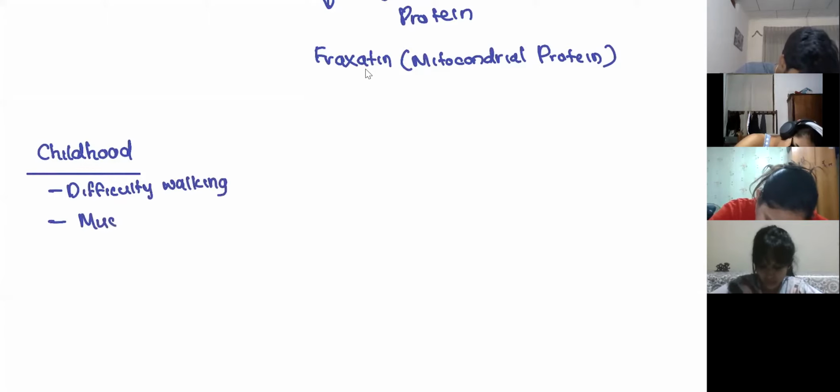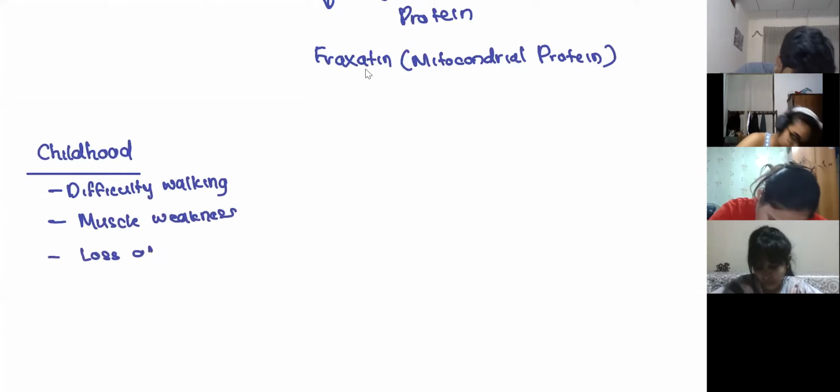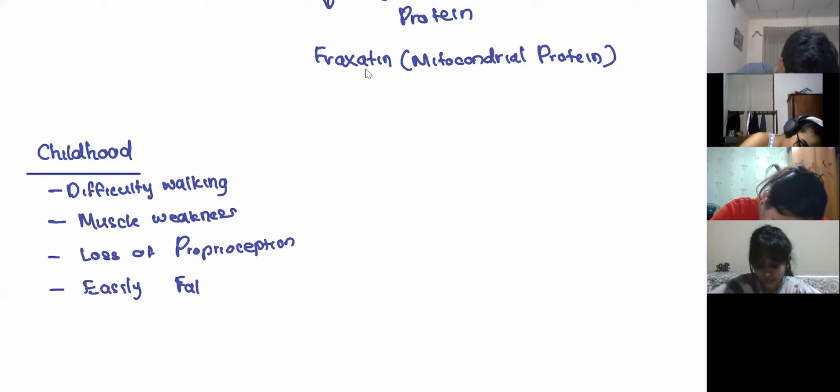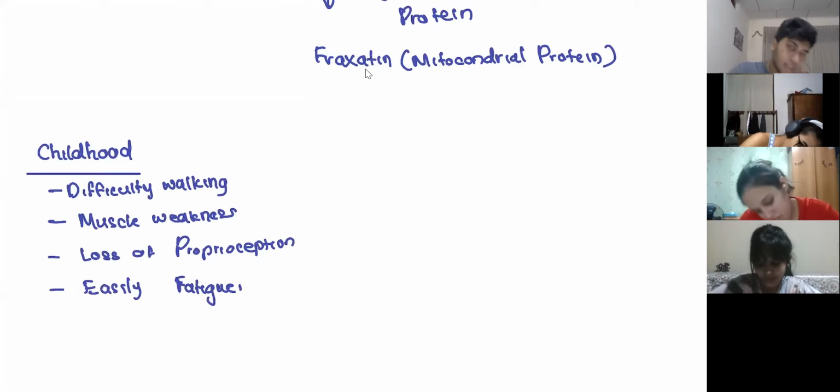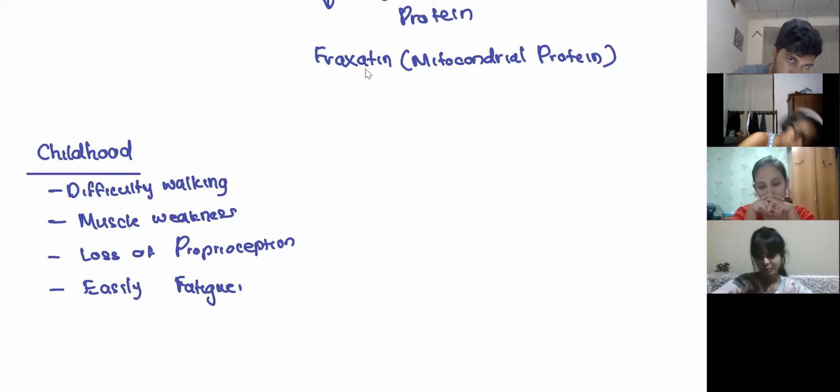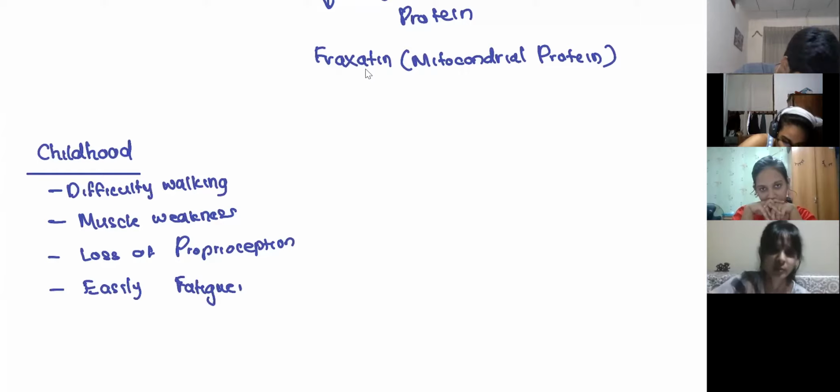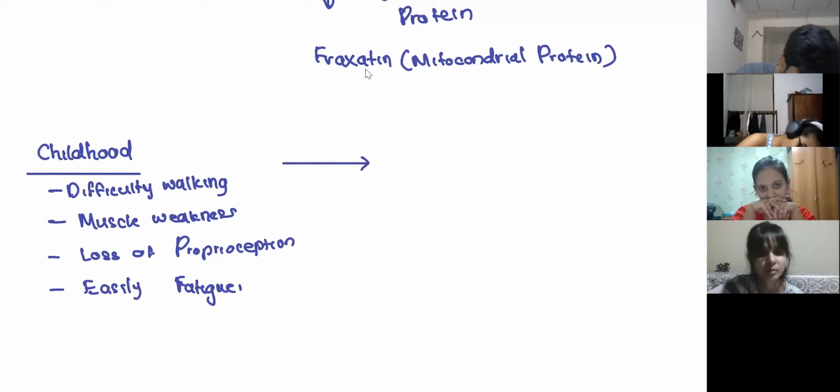They will have muscle weakness, loss of proprioception, and easily fatigued. Okay, remember there's less ATP, so they are easily fatigued. There is nervous system damage, so there's going to be difficulty walking, muscle weakness, and loss of proprioception. Okay, and this condition worsens